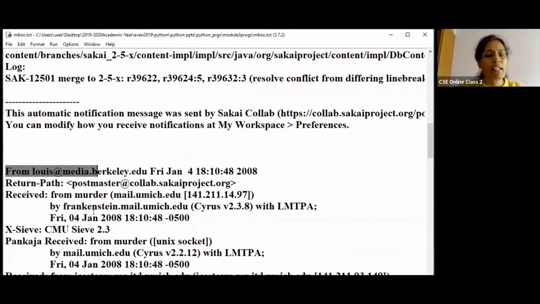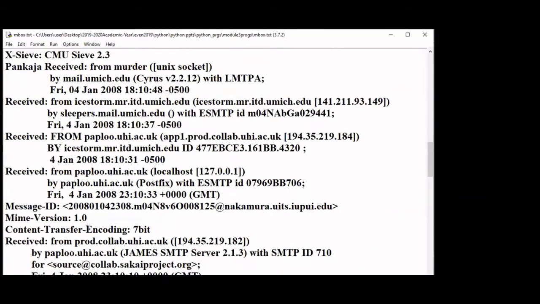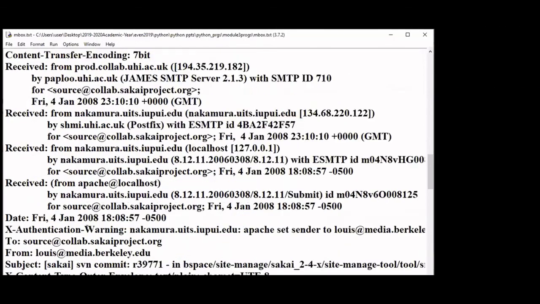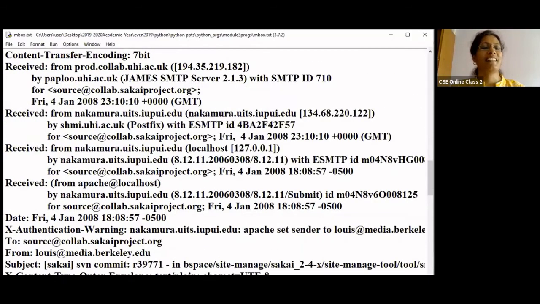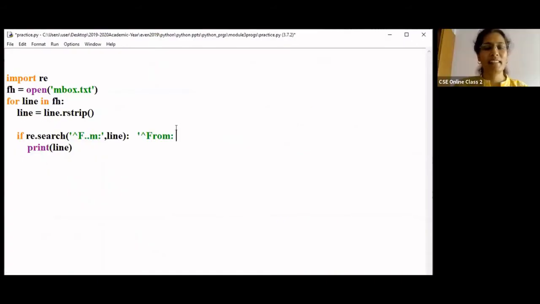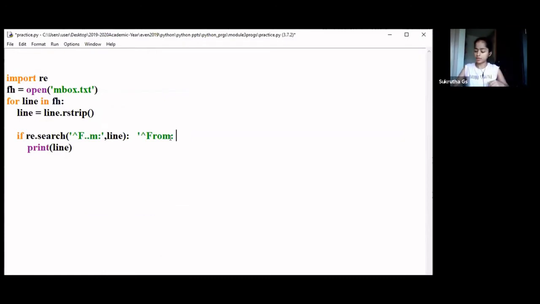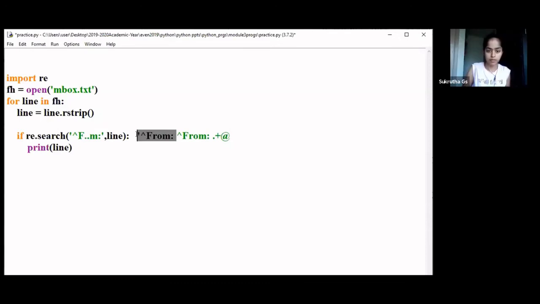Now, what is the regular expression I can write for this? Start with From, and then a colon, and then star, then the at sign, and then again star. So From, then star, at, and then dot.